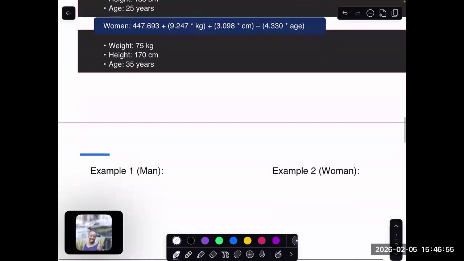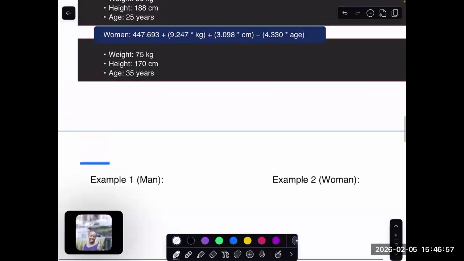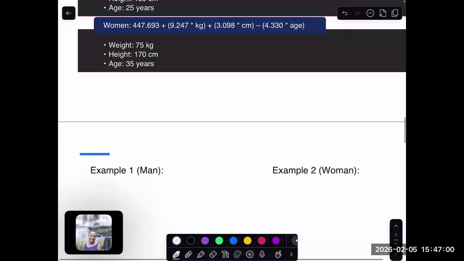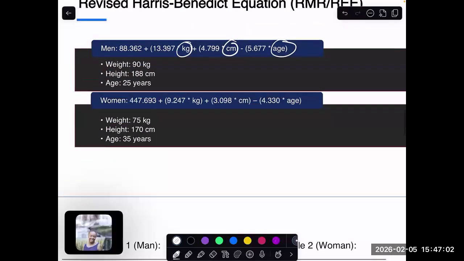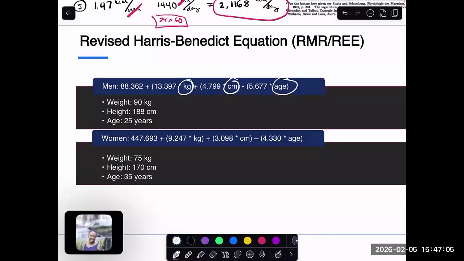So I was going to use this slide to write out each example. So next up, but since we already have the equations here, I'm just going to write it out here and answer it. So for men, or this particular man, we're going to start with that constant of 88.362 plus 13.397 times kilograms, which is 90, plus 4.799 times centimeters, which is 188, and then minus